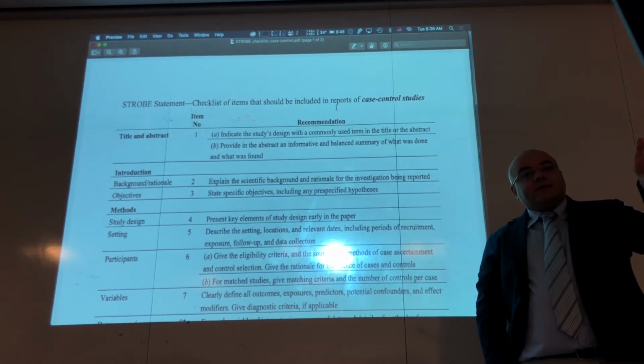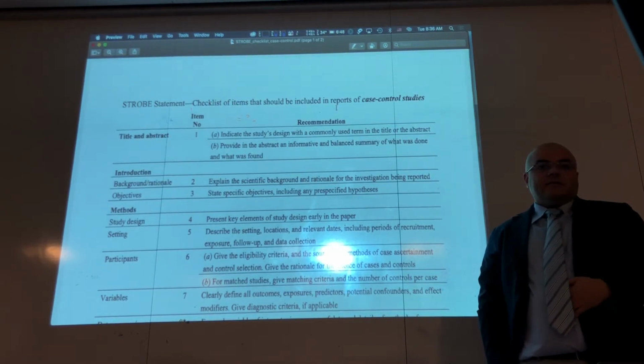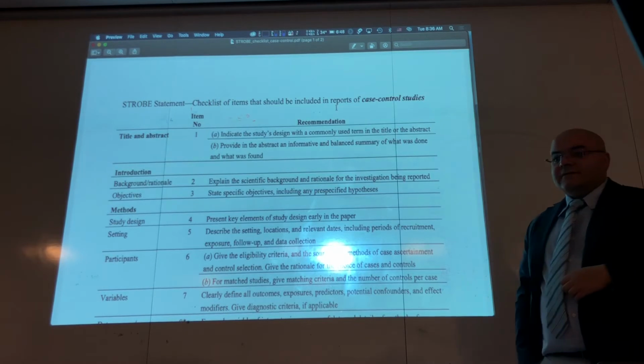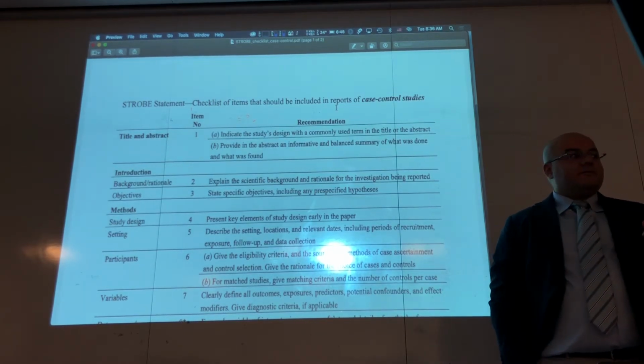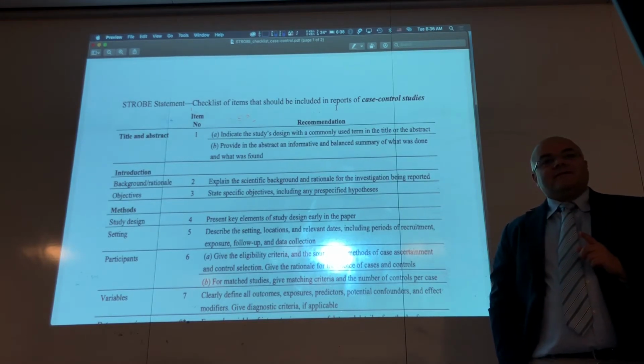So which one is the predictor or which one is the exposure? Which one is the outcome? Exposure, obesity; outcome... no, the outcome is obesity, exposure... The outcome is obesity. No, it's the cardio, the heart attack. I don't understand predictor.